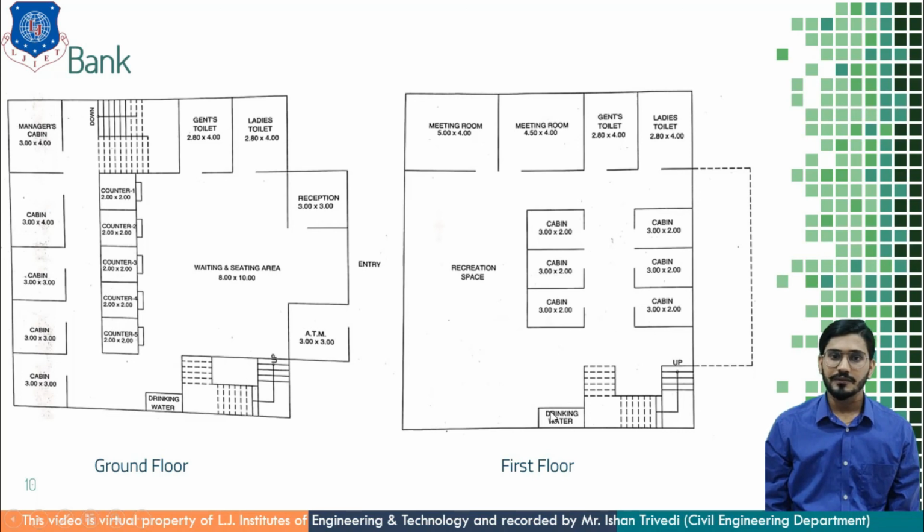Now at the first floor the same things are given, where a meeting room for the employees is given, and toilets for gents and females are also given. Here the cabin facilities are provided. So even here you can write down the loan section or any help desk section for any query in the bank. So this is how you can plan your bank so that you can restrict the entries of people or customers and achieve maximum privacy of the building.